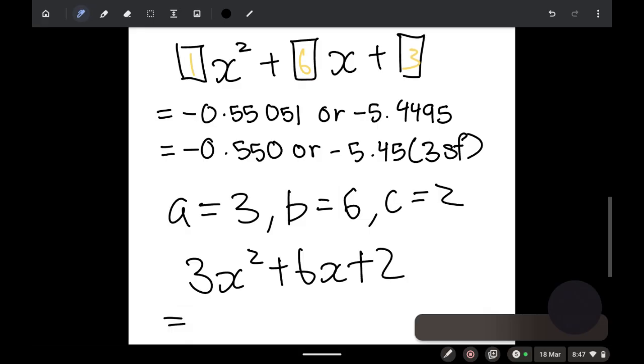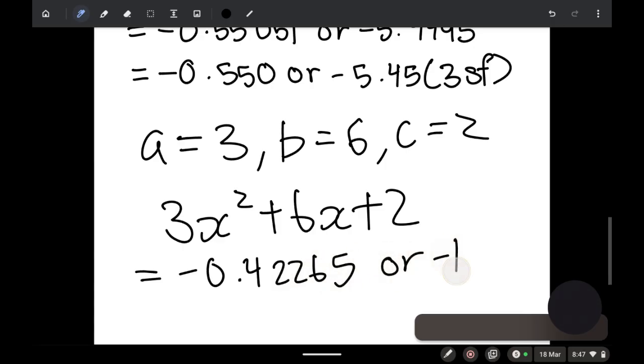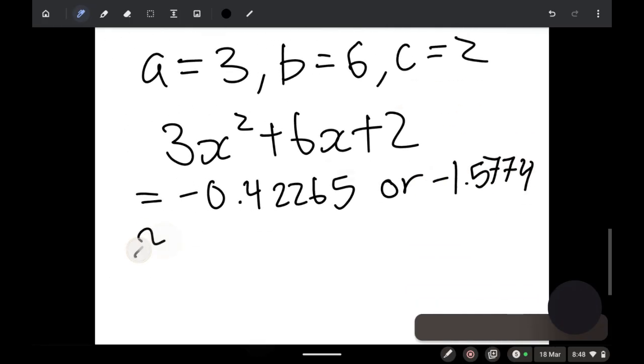Hold on, let me key it in the calculator. So 3, plus 6, plus 2. That would give us negative 0.4225 or negative 1.5774, which rounded is negative 0.423 or negative